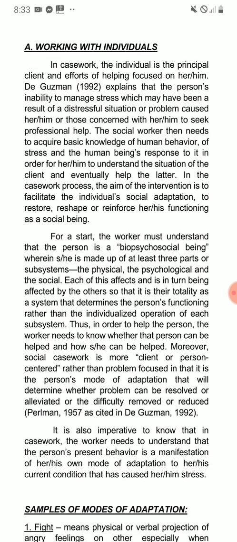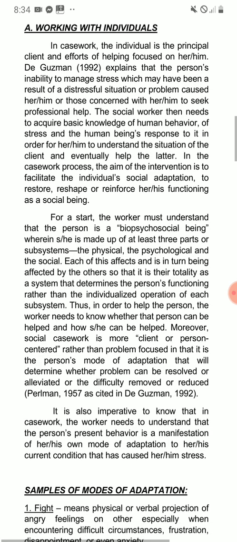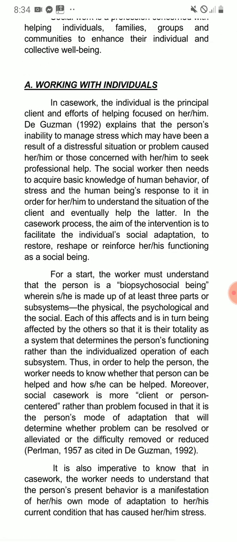Because they experience this stressful situation and are not able to find their identity or purpose or do not have the sense of belongingness in the society that they are in. So ngayon, paano natin sila matutulungan to overcome their distressful situations or experiences? So sinabi dito, no, that we as a social worker, we must understand sa second paragraph that the person is a biopsychosocial being. So makikita natin dito, biopsychosocial being, it means that we need to see,